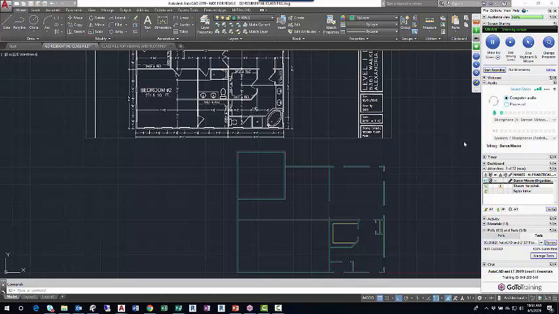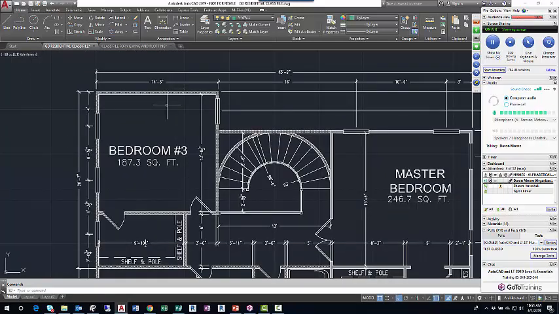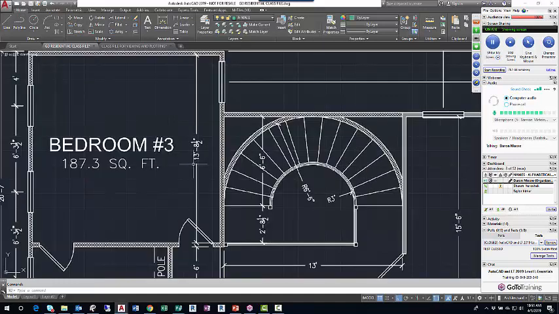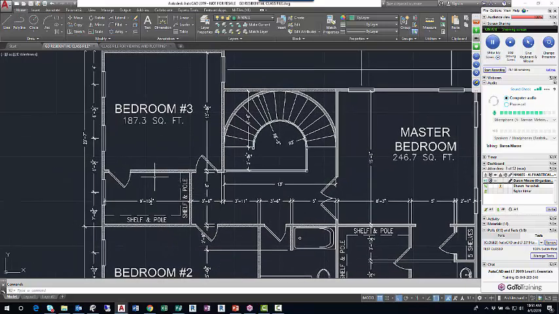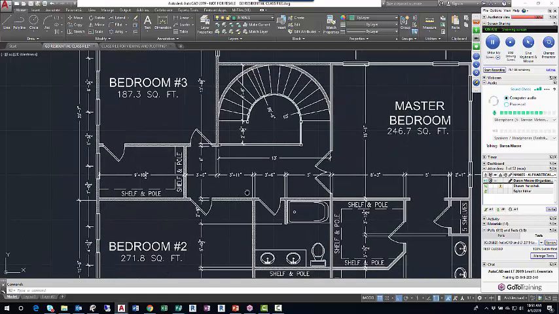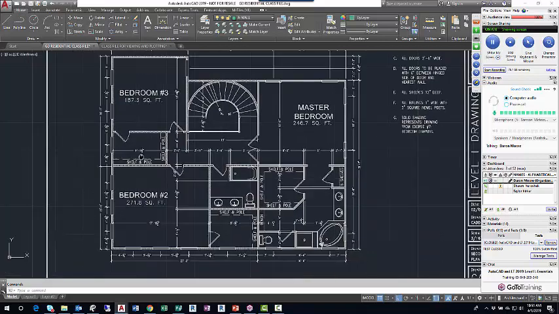So I'm going to pick back up where I left off. Let's say as a recap, I used the offset command. I offset the bottom horizontal line of the top horizontal wall of bedroom 3. I offset it 13 feet 8.5 down the screen. Then offset that line 3.5 to create the 3.5 inch thick wall, and then I used the extend command to extend the horizontal lines that made up the wall that divided the master bedroom from the bathroom area, and extended those all the way over to the inside vertical wall line that divides bedroom 3 from bedroom 2, and that kind of has